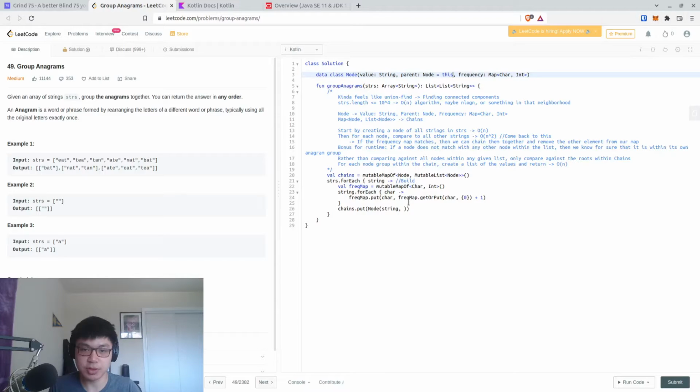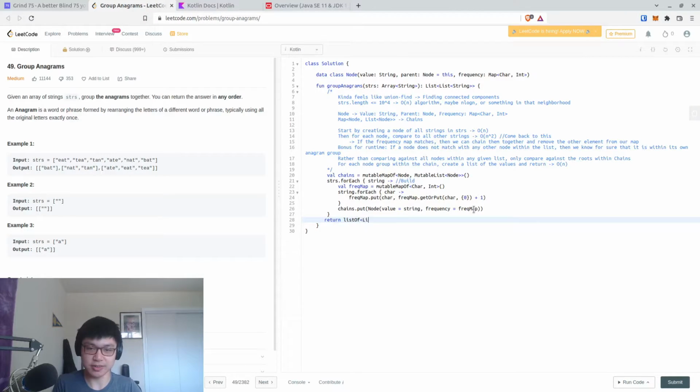Is it possible to default like that? So value is equal to string, and frequency is equal to frequency map. Let me see if this compiles first,